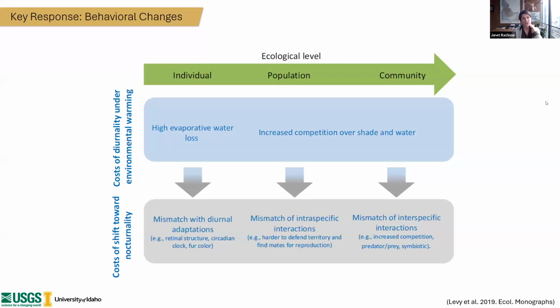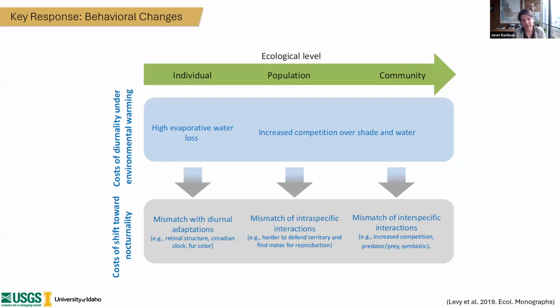Great, thanks. So first of all, we're switching to give some examples about behavioral responses. So behavior is one of those traits that we expect animals can adjust, but we don't know the limits of their ability to adjust behavior. And this is a review article that asked the question, it was titled, "Can diurnal animals compensate for climate change by shifting to nocturnal activity?"